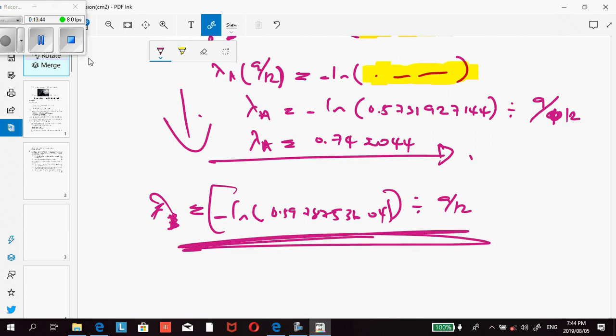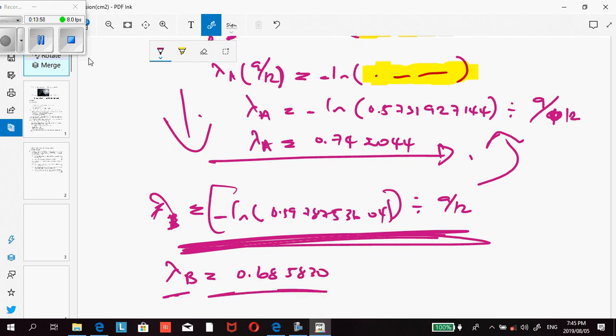This is what you're going to land up with after performing the algebra I performed here. So I'm going to have lambda B being equal to 0.685830. Okay, that wasn't very bad. It's just